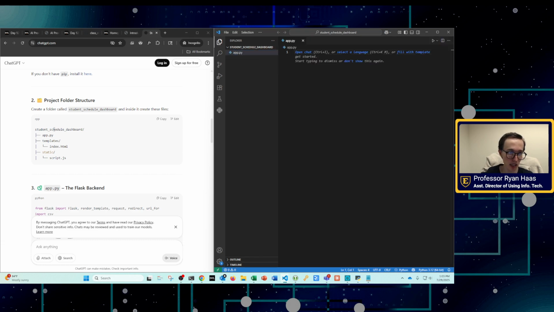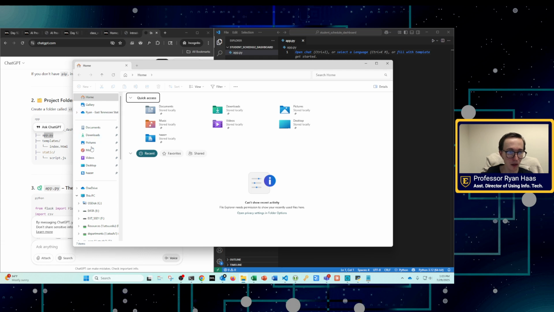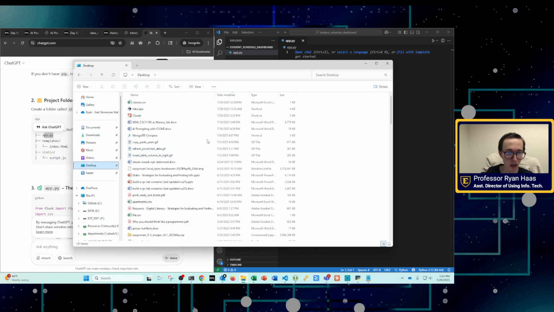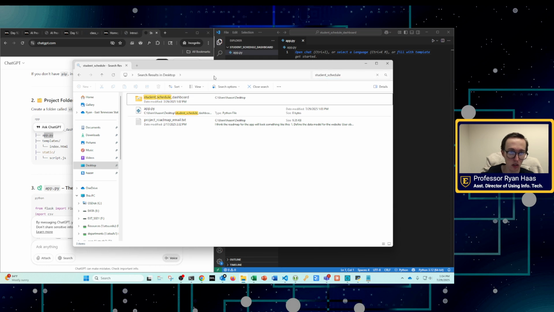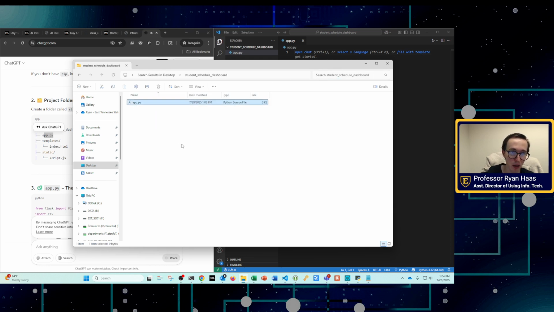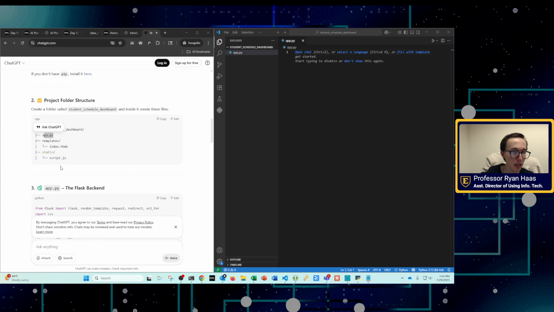Okay, so there's the first thing, check. So now if I look at this in a different view, okay, there's the folder. Now I just have app.py there, right? So that's my first file.